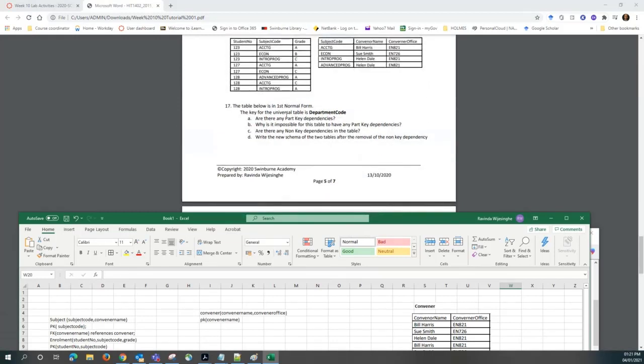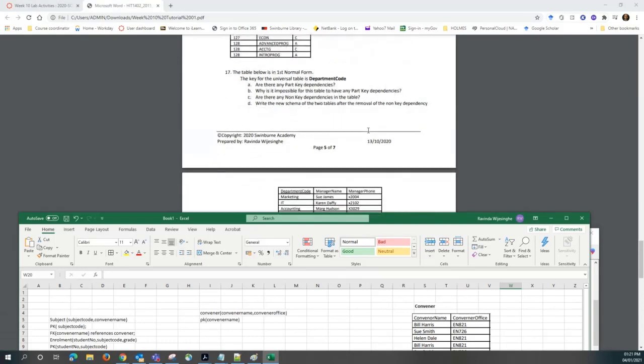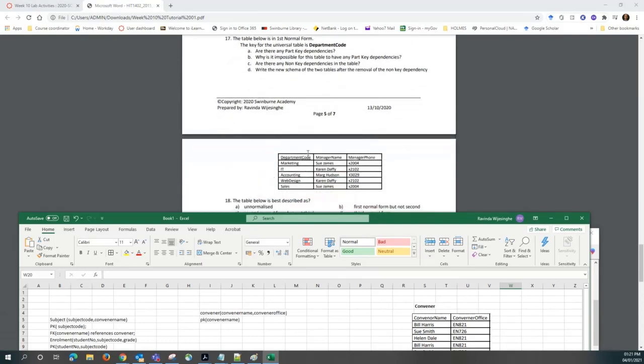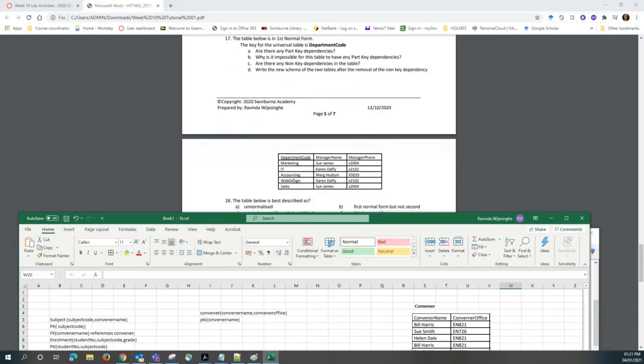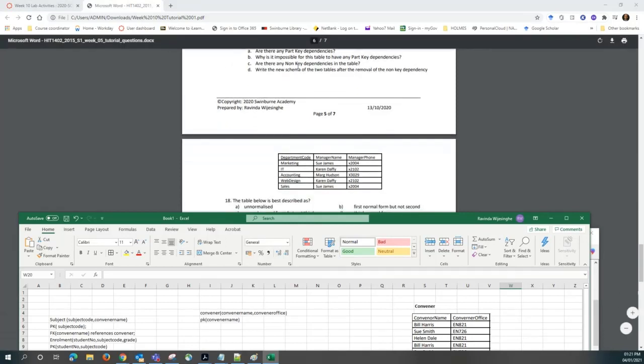The key for the universal table is the department code. Yes, that's the primary key. Yes, we know that. Okay, let's go through these questions. Are there any part key dependencies? The answer is no, right? The answer is no. So why is it impossible